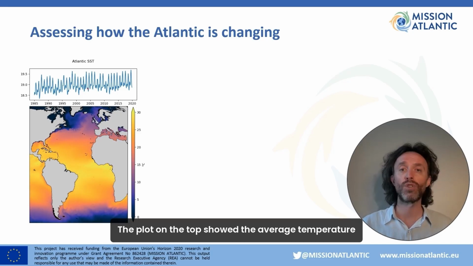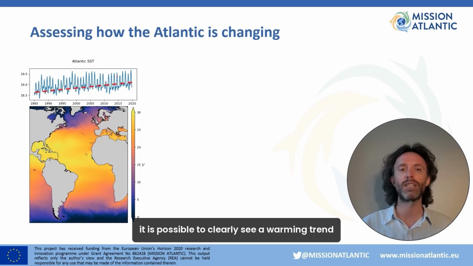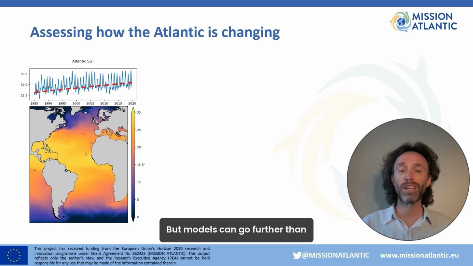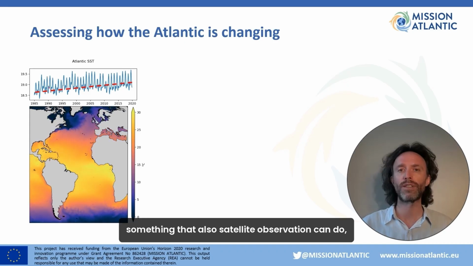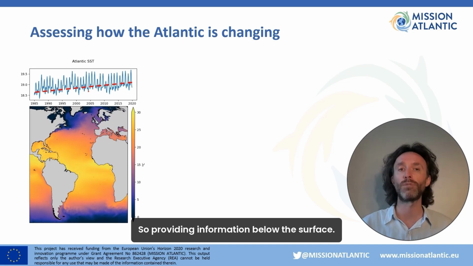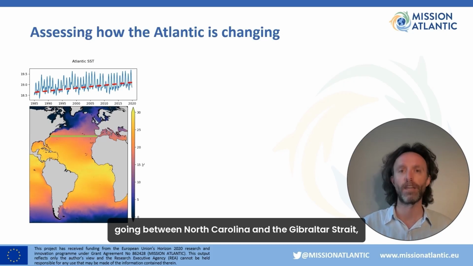The plot on the top shows the average temperature of the whole Atlantic, and despite all the seasonal and interannual variability, it is possible to clearly see a warming trend in the 30 years analyzed here. But the model can go further than providing information at surface, something that satellite observation can also do, especially for something like temperature. The model can simulate what happens in the interior of the ocean, providing information below the surface. If we focus, for instance, here on a transect at 36 north, going between North Carolina and Gibraltar Strait,